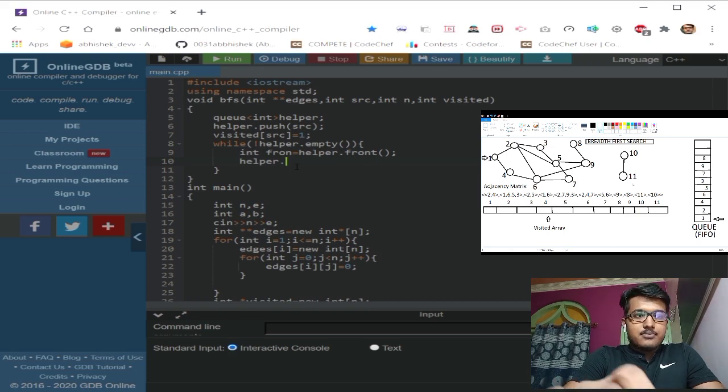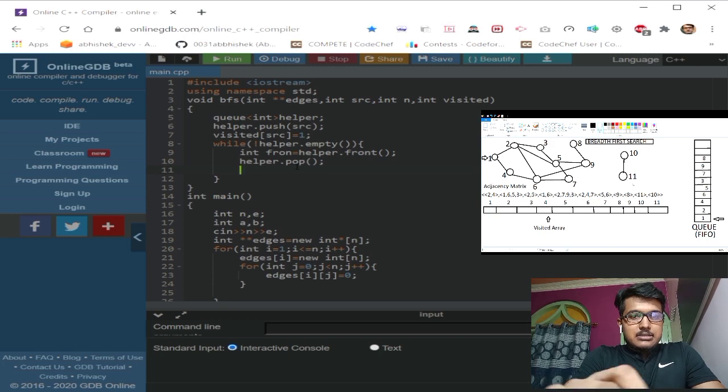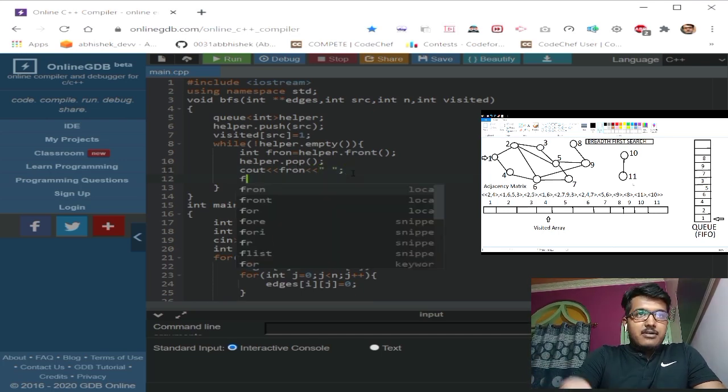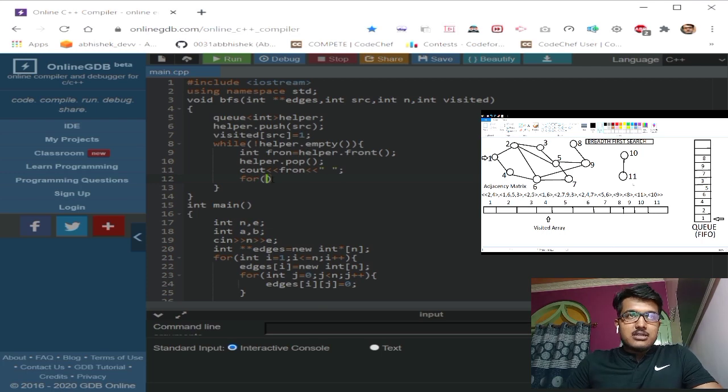Make it pop. And this is our path, so I'll print the path. After getting the front, I'll go to all the successor nodes of 1 and check if there is a path or not.